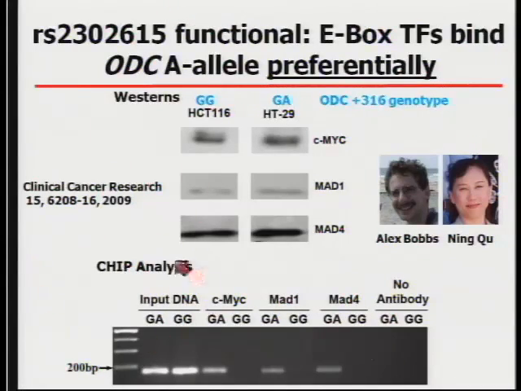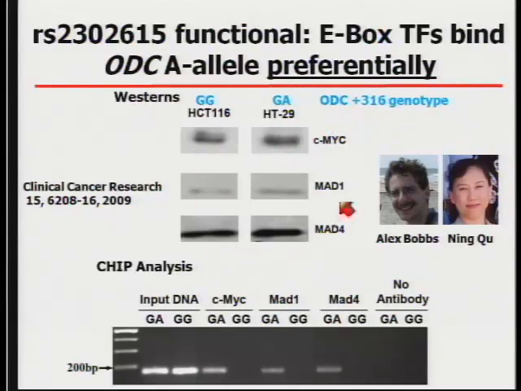And what it shows is an analysis called ChIP analysis, for chromatin immunoprecipitation analysis. Basically, you treat cells, you cross-link DNA and protein in intact cells or tissues. You then isolate the DNA or the chromatin, you fractionate it. You can use antibodies to pull down protein sequences, dissociate the antibodies, and identify where the proteins are in fact binding in the DNA. And we've used a couple of different colon cancer-derived cell lines here that are either homozygous at this particular 316 locus or heterozygous at this 316 locus.